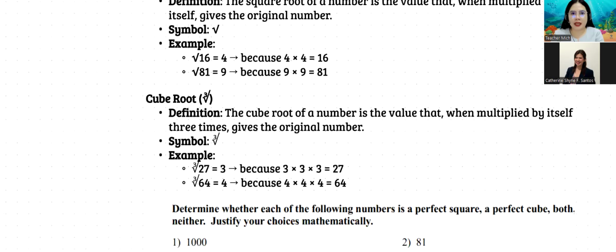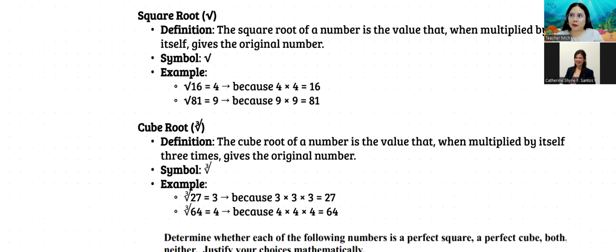Okay. So I provide here, Kate, several problems involving the square root and also the cube root. So in a square root, Kate, you just need to think of one number that you need to multiply twice by itself for you to get the given number. Okay, so in definition, the square root is the value that, being multiplied by itself only twice, gives the original number.